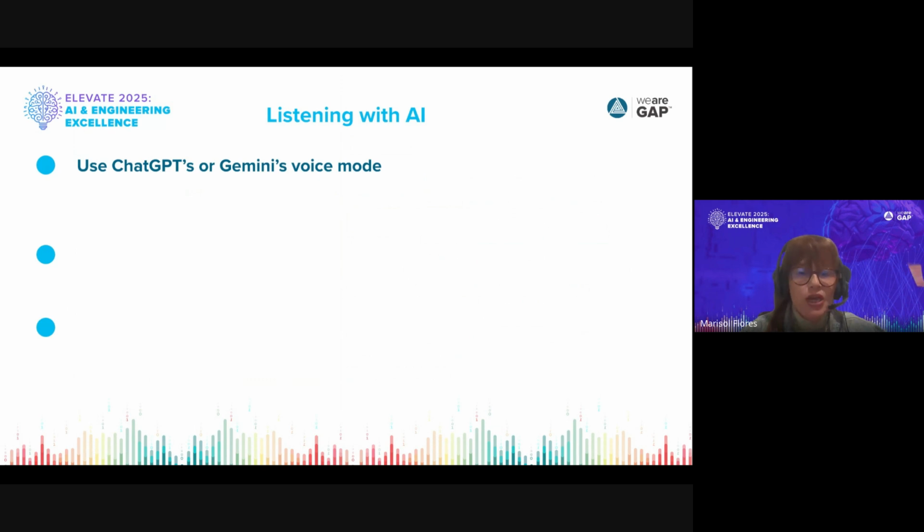Well, we might use ChatGPT or Gemini's voice mode. Remember that Gemini's voice mode can only be used from the mobile app, not the desktop, at least not yet, right? But ChatGPT, even in its free version, has this functionality.